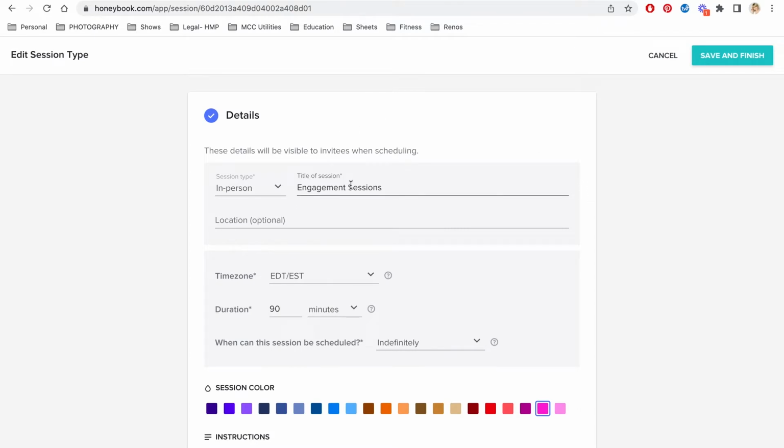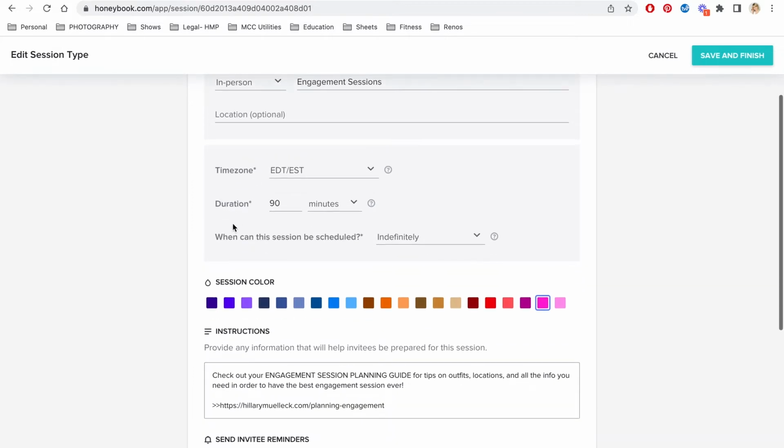So here, the title of the session is Engagement Sessions. It's an in-person session. The duration of my engagement sessions is 90 minutes, and I actually have this scheduled indefinitely, which just means that if I set my schedule to Tuesdays and Thursdays, it'll just have that opening for Tuesdays and Thursdays for the rest of time. Because I have couples that'll schedule their engagement sessions like 6 months in advance or a year in advance, depending on how far out they're booking me from their wedding day. You can change this if you want, if you don't want it to be indefinite, but I've just found that